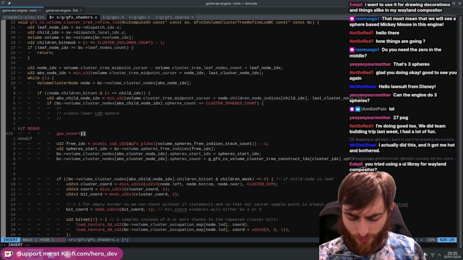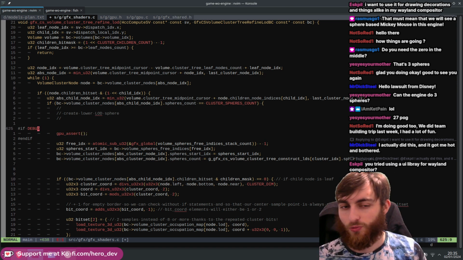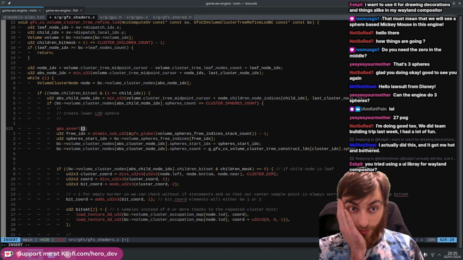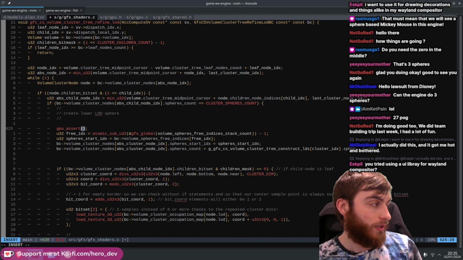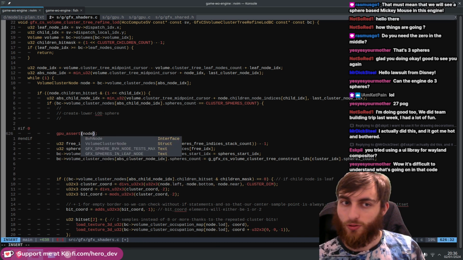We need to build an assert into this. But assertions we should probably only do in debug time anyway. So we should really build something like this. So what we want is, right, let's comment this out for now. So the assertion needs to be node dot